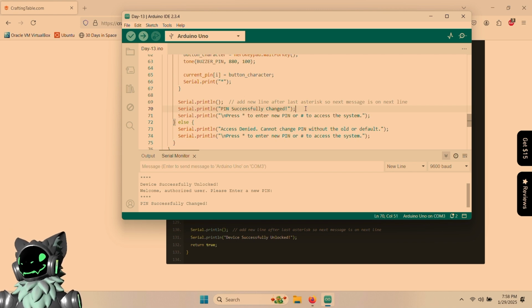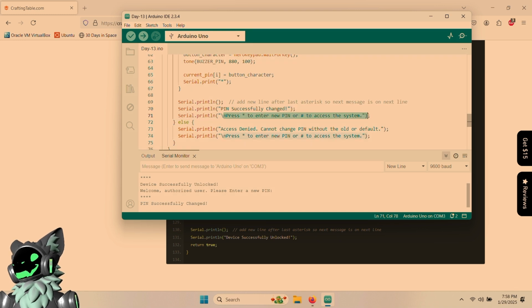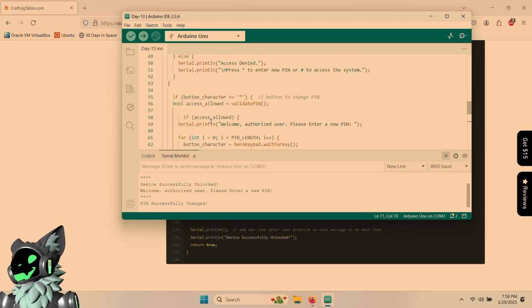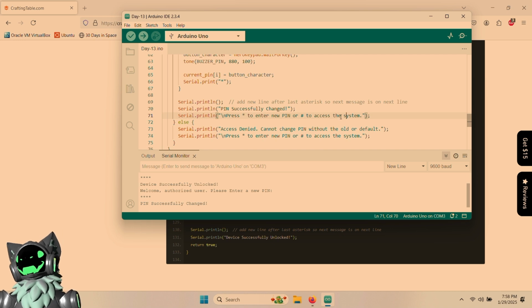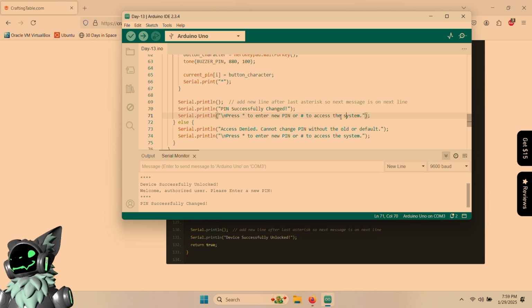Now, I'm going to save this, but I'm not going to send it just yet, because I'm going to send this back into the mode where you would change the pin, by just clicking the pound, or excuse me, the star symbol again. Because even though we didn't write to the screen our two options that we wanted the user to see, it's still waiting for input and it went back to the top of the loop. The problem is that we didn't tell the user that, so they don't know what to do next because we didn't tell anybody. So if I just click the star again,